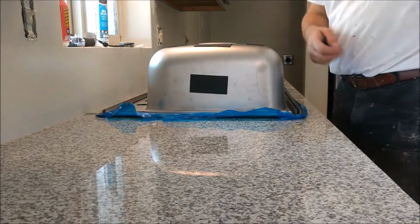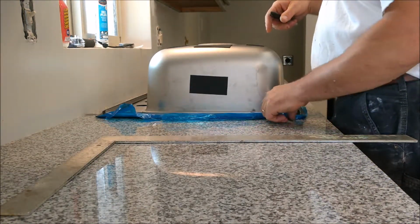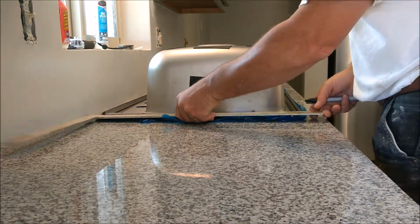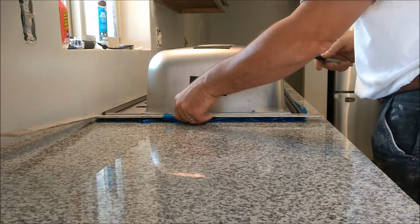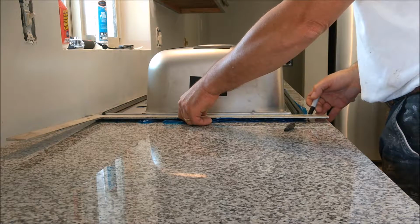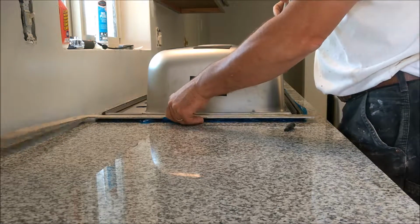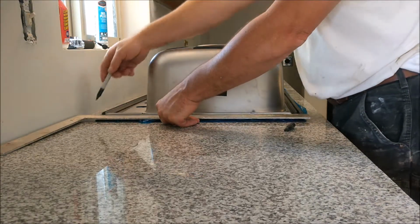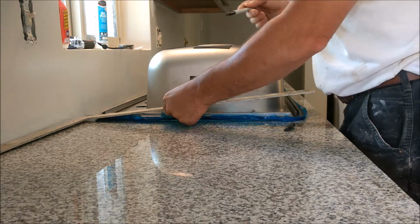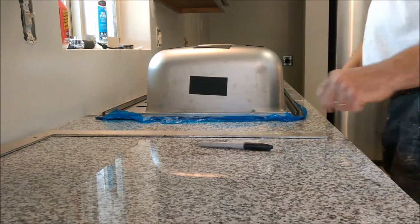So now I've centered the sink on the two pieces of granite. I've traced the outline. The last thing I'm doing is I'm just marking, actually right on the countertop, what the flange is. I'm putting a straight edge on it and marking it out here. I tried it the other way, where you mark around it and you try to do your margin. You never quite get the margin right. So this way I know just where it is. I'm using a sink instead of trying to space it. Okay, so I think we're ready to